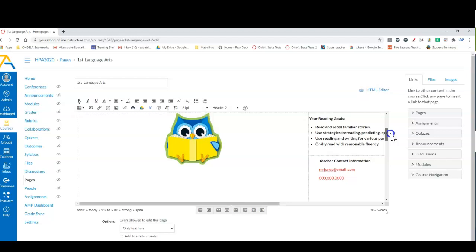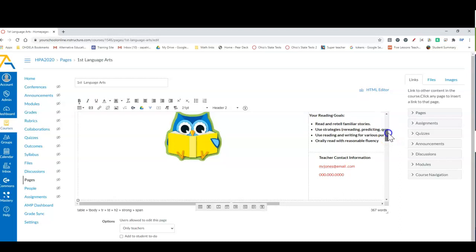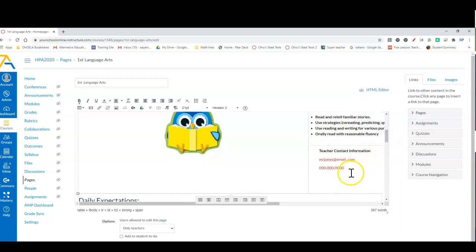Main things we're going to need to change. If you don't have the goals that are appropriate for your course and you don't have the time to get new ones, just delete them for now and then come back and fill them in maybe next week or in a couple of days. So teacher contact information, that's something you're going to want to change immediately, as well as